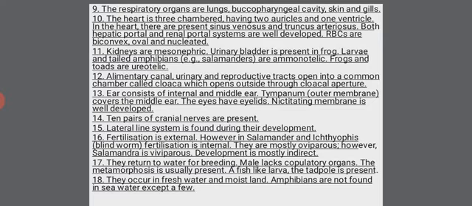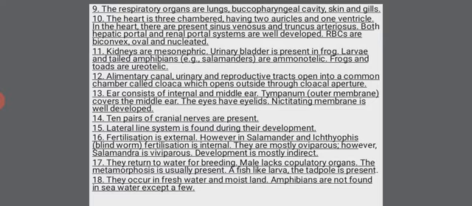Kidneys are mesonephric. Urinary bladder is present in frog, and the larvae and tailed amphibians are ammonotelic. You know what these mesonephric kidneys are? They are slightly more advanced than pronephric kidneys, which are there in case of fishes. So very few of these amphibians, like some frogs, have urinary bladder, and mostly these amphibians are ammonotelic, wherein